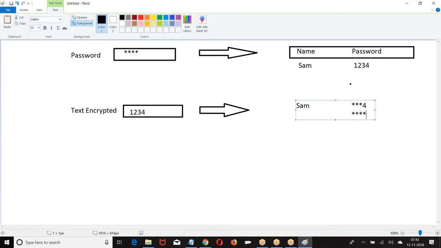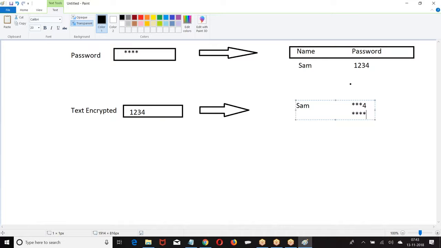Otherwise, it is masked and saved. So what was that? If you remember, while you're resetting your Gmail password, they'll say your registered mobile number is 9 star star star 213. Or when you go to ATM and withdraw the money, your account number star star star last two digits. Your registered credit card number star star star. What was that? It is a sensitive data. We don't want it to be revealed to everyone. Like if you have SSN number, they don't reveal the entire number, right? Your registered number is so and so, your Aadhaar number is so and so. Because it's sensitive, I don't want to show the data to anyone else.